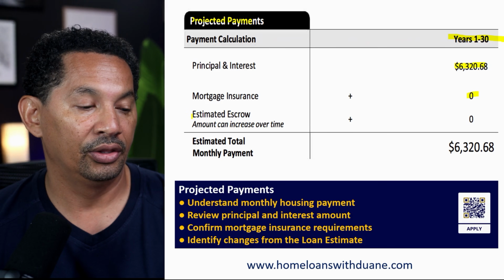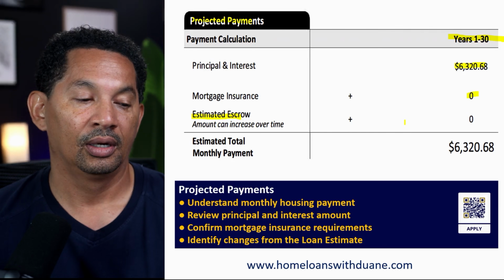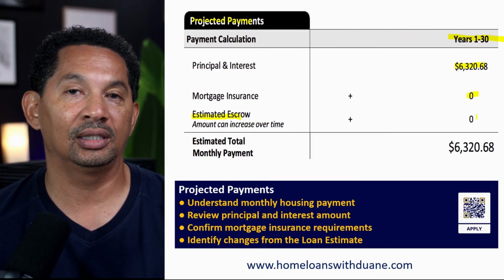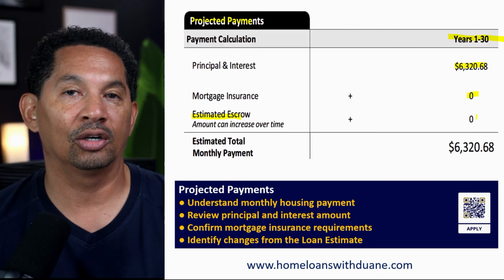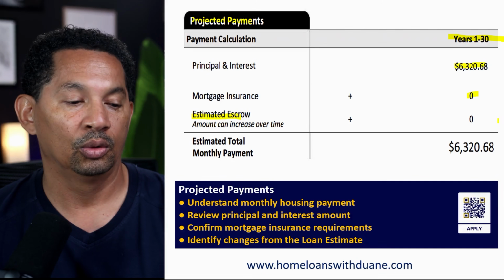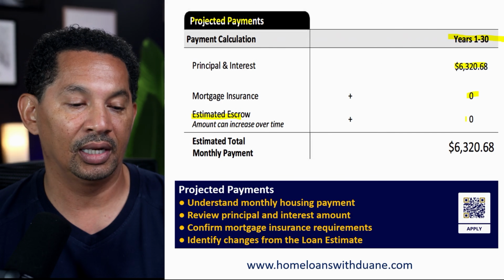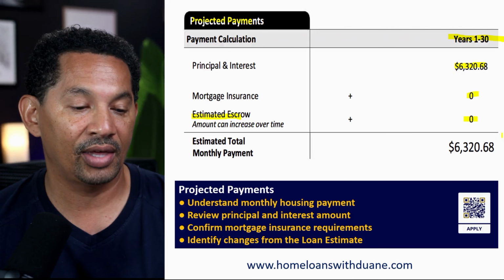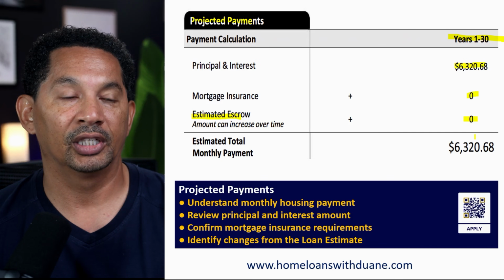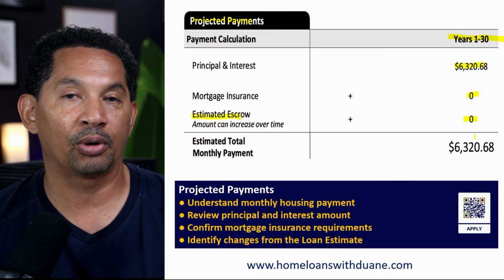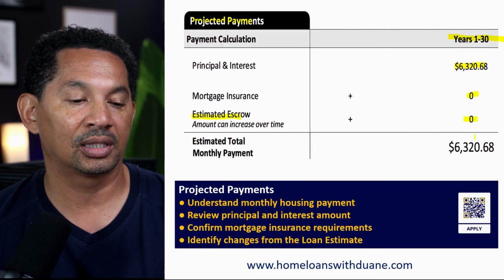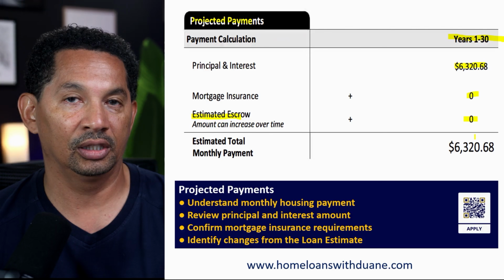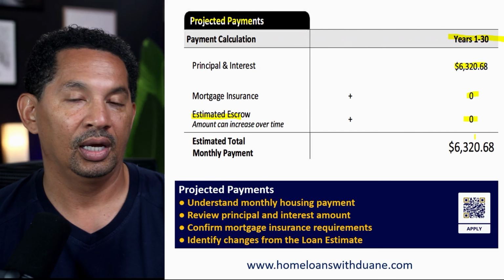Now, this section, the escrow. So this one I used as an example of someone who did not want the escrow account. If you want to see what it will look like having the escrow account, go ahead and watch my loan estimate video where it shows you exactly what your estimated escrow payment would be. But because this closing disclosure does not have that, that means that the homeowner's insurance and the property taxes are paid separately outside of the mortgage payment. Your homeowner's insurance is due once a year, covering a full 12-month premium, and then your property taxes are